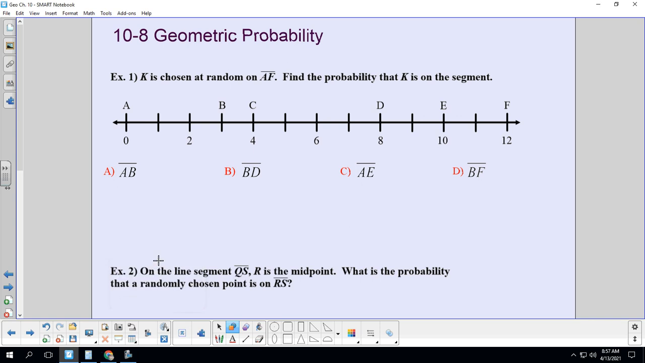Okay, you guys, so we're going to talk quickly about 10.8, Chapter 10, Section 8, Geometric Probability. K is chosen at random, so it's point K, on the line AF. Find the probability that K is on the segment. All right, so the probability